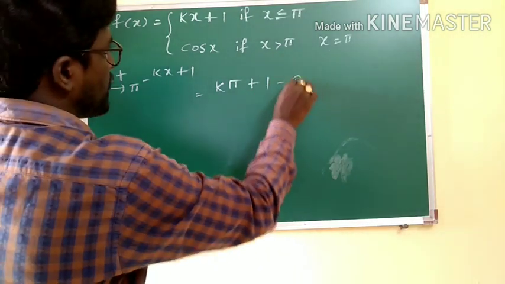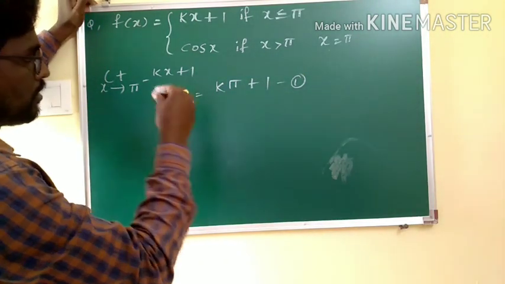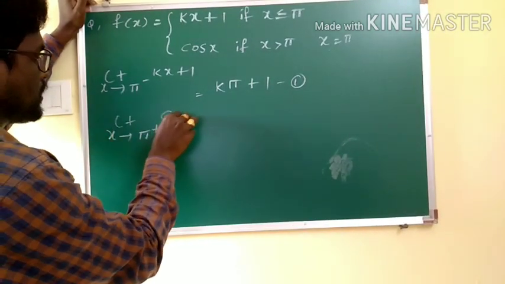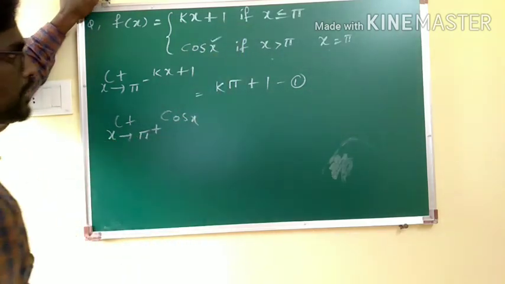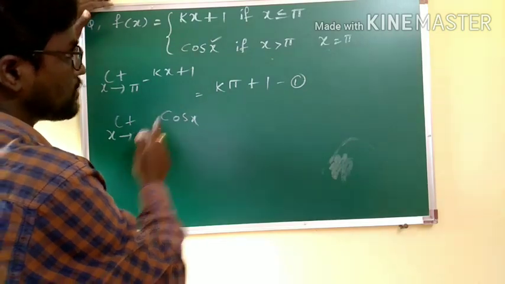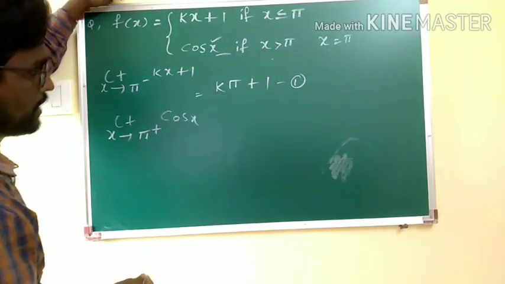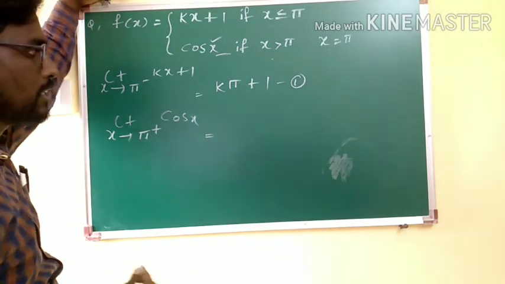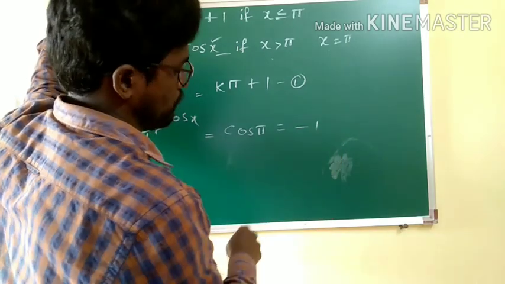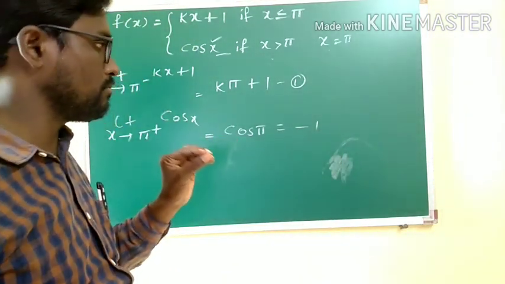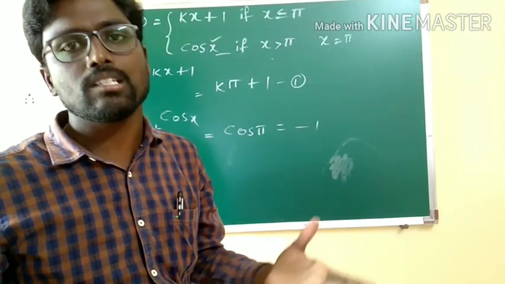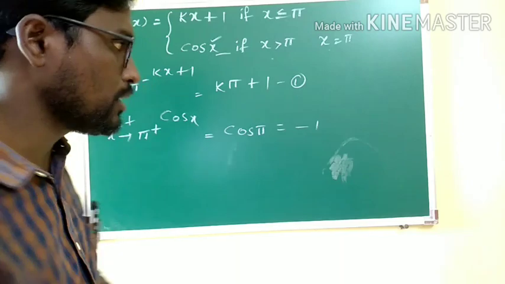Okay, let it be case 1. And in case of pi plus, limit x tends to pi plus f of x, nothing but for case 2 the applicable function is cos x. So what is the applicable function for greater than pi? Here we have the second case, that's the reason I have taken cos x. Here also on substituting pi directly, there is no undefined case, so I am writing cos pi, which is equal to minus 1.